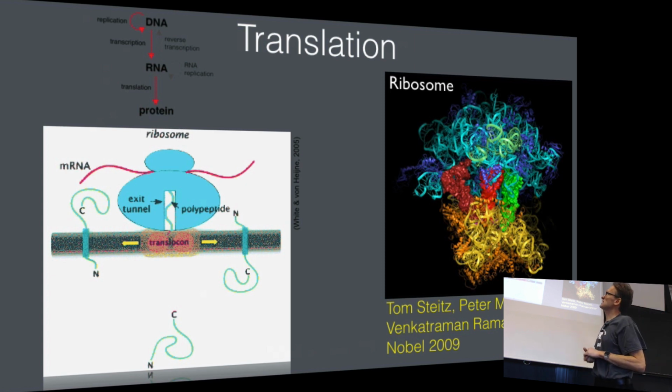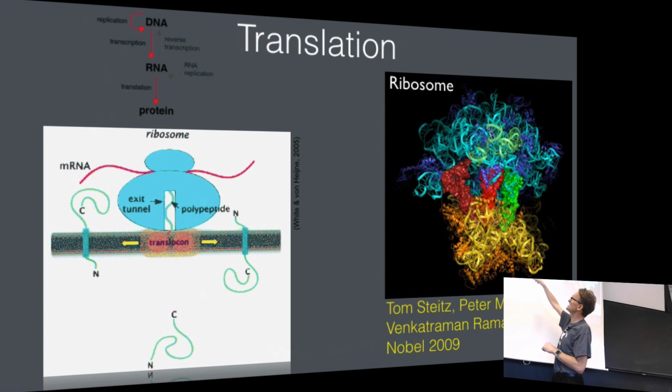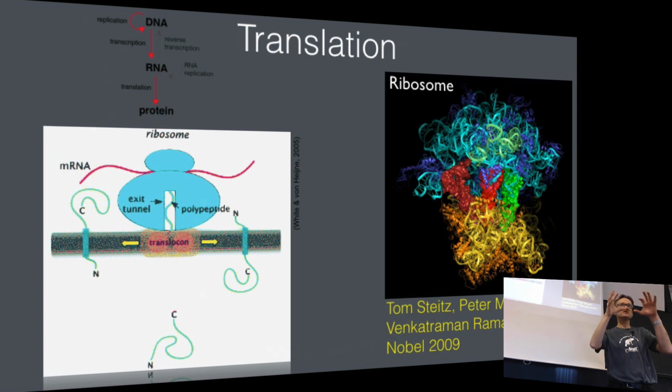So this takes the messenger RNA coming in, the small red chain there, and then there is this other piece of RNA, transfer RNA, that is kind of small carriers. And each such carrier has bound one amino acid. And then you just have a sequence of these carriers. We're getting more and more of them. And then what the ribosome does is that it stitches all these amino acids together into a long chain, and that's how we create the protein.